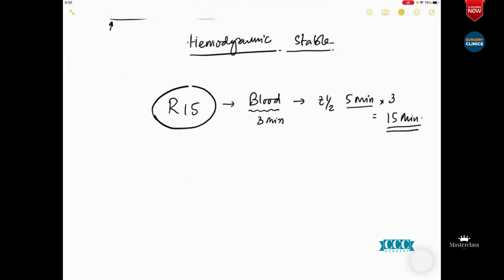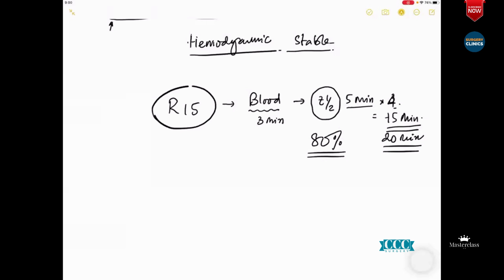Okay, right. So if I allow around 4 half-lives for a drug that has a half-life of 5 minutes, by around 20 minutes, how much of the drug is eliminated? Rough logic is that about 80% of the drug is more or less kicked out of the body. That means what is important is something called R15.